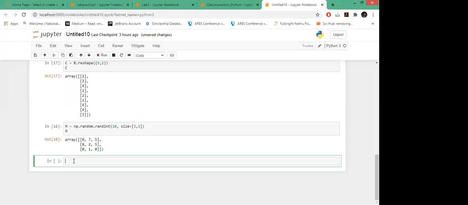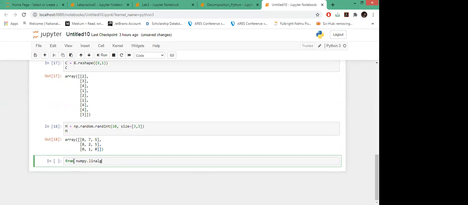Suppose I want to know the rank of the matrix. Then what I will do, I need from numpy dot linalg, this is one module in the NumPy library itself, the linear algebraic module. This is for linear algebraic or matrix operations.